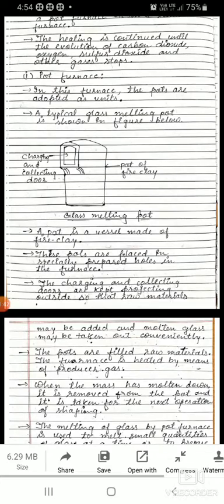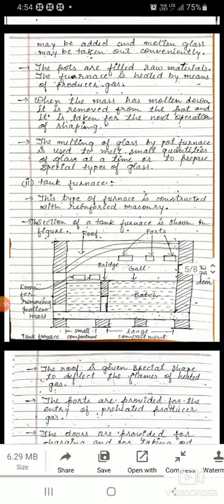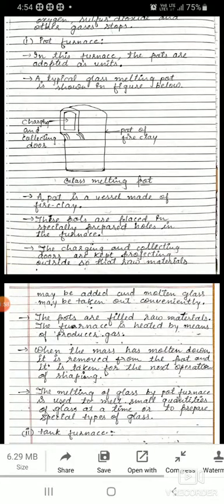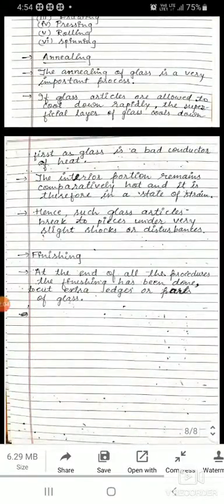So you should describe both the pot furnace and the tank furnace. And if this question is asked for more marks, like 14 marks, then you should mention this overall procedure for manufacturing of glass.